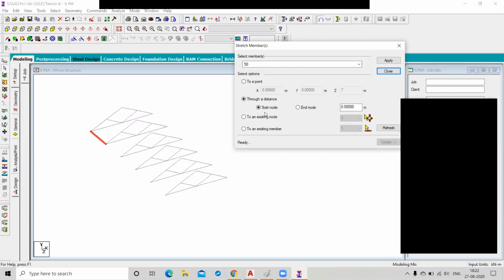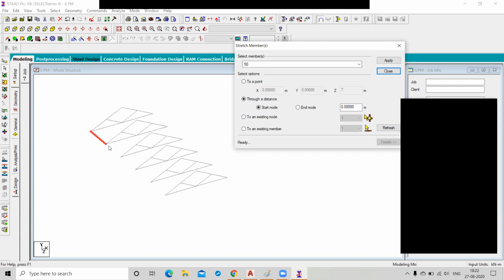What is the purpose of specifying the start node or end node? This beam itself has a start node and an end node.